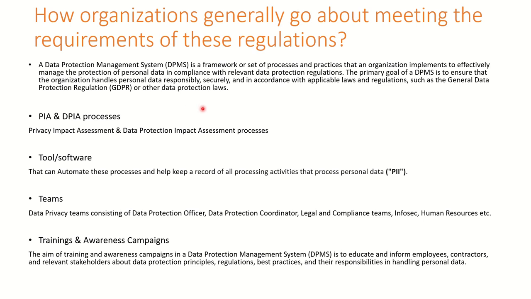So this bill is going to affect every company because even employee data falls under the category of PII: your official email address, your name, your address, your Aadhaar number, PAN number, a lot of things that your employer stores in their database, and they will have to follow these regulations. So in part two, we will discuss in detail how the data protection management system works and how it helps the organizations to become compliant towards these regulations.